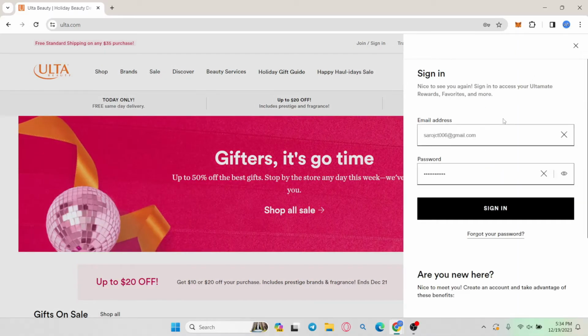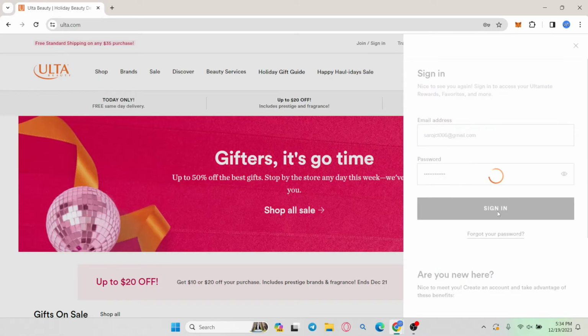Now, from this page, you will be asked to enter your email address and your password to sign into your account. So go ahead and type in the email address that you used to create your account in the first place, and then type in the password for your account. After typing both of these, go ahead and click on the sign in button,